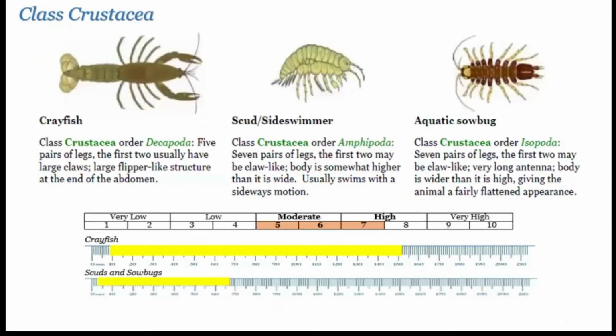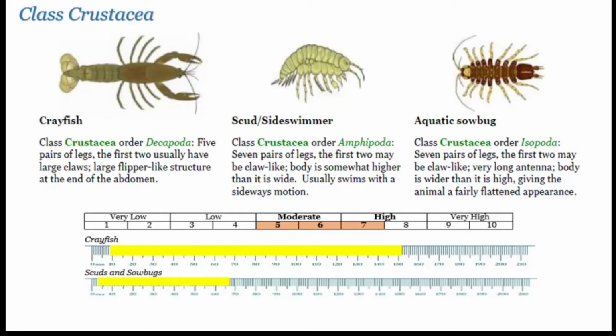Now we're getting into things that aren't insects. The easiest way to tell if something's not an insect is it doesn't have any legs, with the Diptera exception, or it has more than 6 legs. So these are the crustaceans. These are the crayfish, which Eddie is familiar with. And if you have not collected a crayfish, then you don't know anything about a creek, basically. No, I'm just kidding.